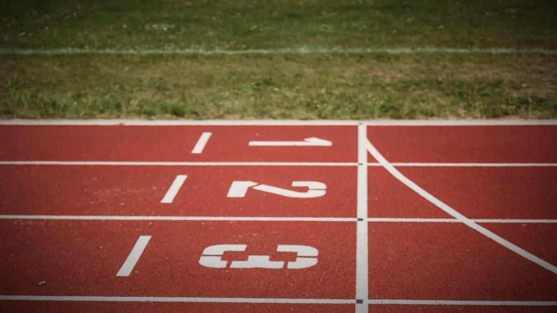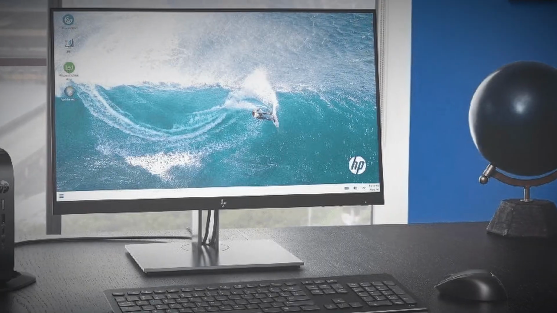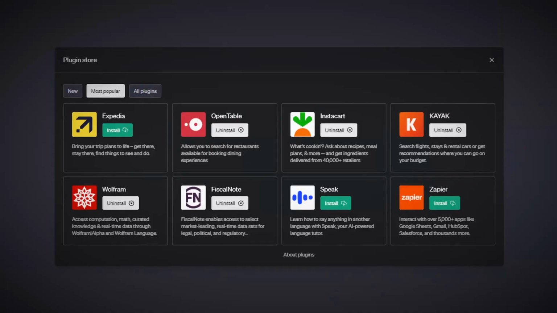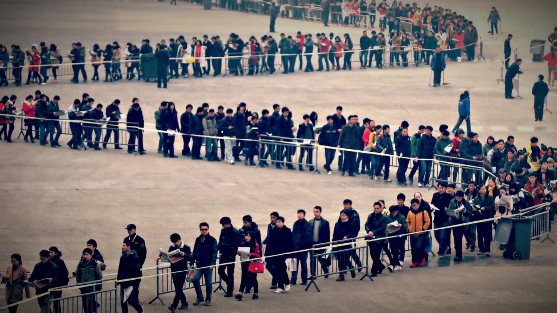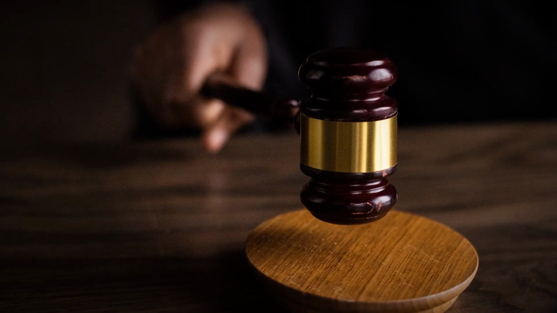To start off, developers who create plugins make them with a manifest file that explains what the plugin can do and how to use it. Of course, a file is in computer language. Ones and zeros, I think, but I'm not a computer. The plugin is published to the plugin store, where people like you can download it. Don't take my word for it, but as long as you get accepted after joining a waitlist, pretty much anybody can make a plugin. I'm sure there is some moderation though, otherwise ChatGPT would be doing some pretty sketchy stuff.